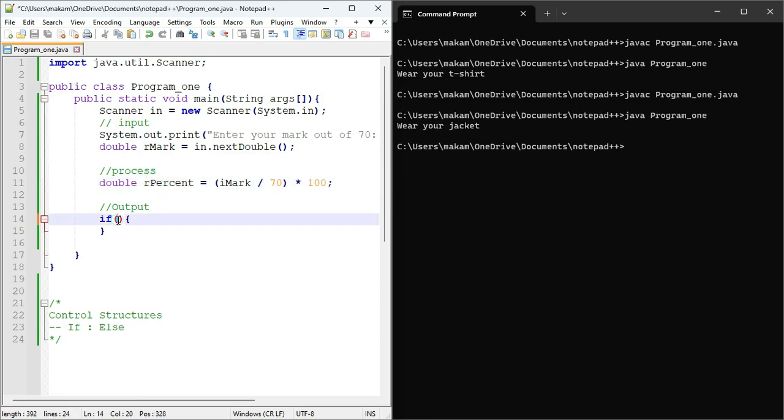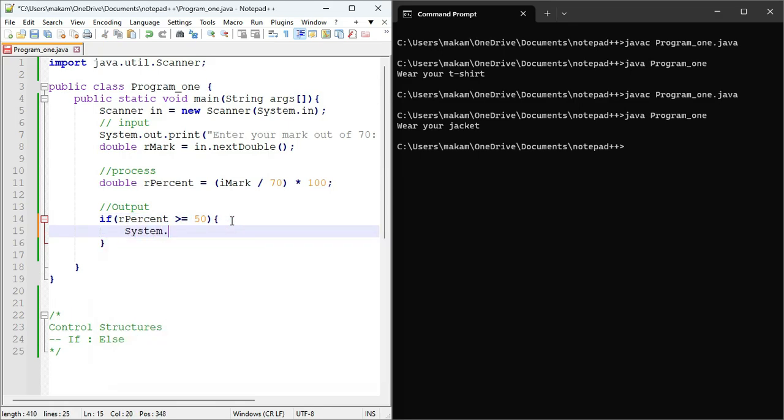So if percentage is greater than 50, that means they have passed. Not just that, but you can have is it equal to, or does it come here or here? I can't quite remember. Is greater or equal to, yes, greater or equal to, like this. Is greater or equal to 50, then print out